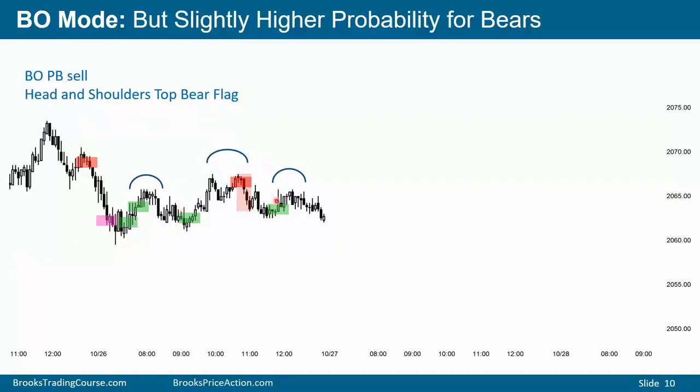The bears are hoping for head and shoulders top, bear flag. A lot of the bulls will take profits below these bear bars. Bears might sell more for a swing than for a scalp. The reason why I say that is if they're selling below a bear bar here or a bear bar here, they're right at a prior low at the bottom of a tight range. Probably not enough reward for a scalp. So if you're taking a short, this low down in a range, you probably have to be taking it for a swing.